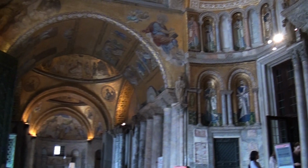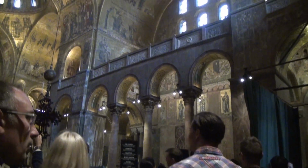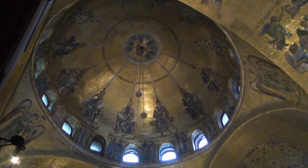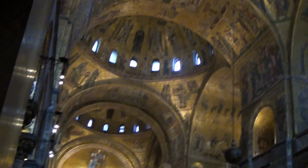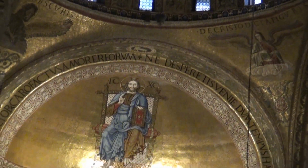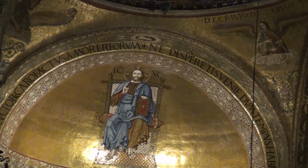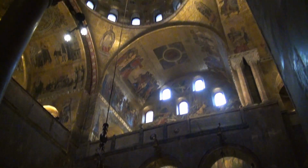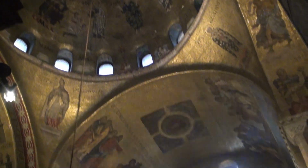The next and biggest wow moment is when you actually enter the church interior and you are face to face with 8 centuries of mosaics. It can be overwhelming to see the more than 85,000 square feet or 8,000 square meters of mosaics covering the walls, vaults, and cupolas, or enough mosaic to cover over 1.5 American football fields. The mosaics were done mostly in gold, which is why the basilica is called the Chiesa d'Oro, or Church of